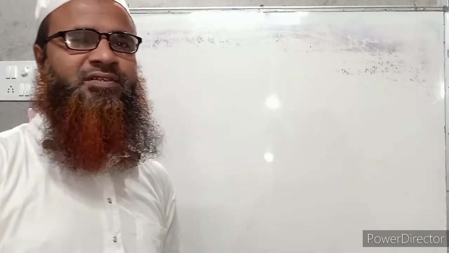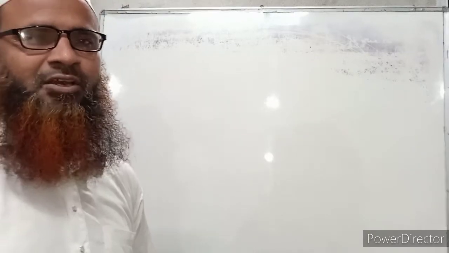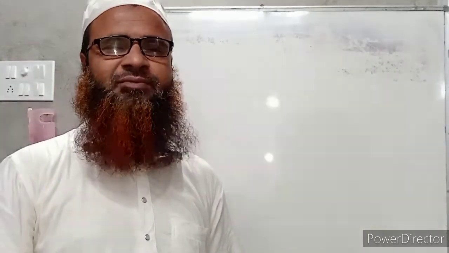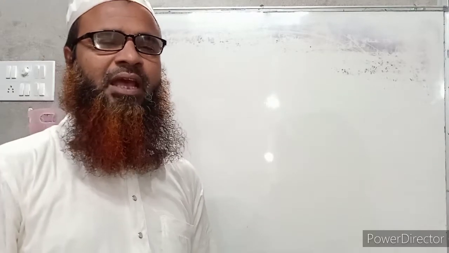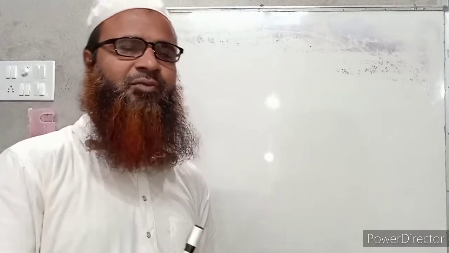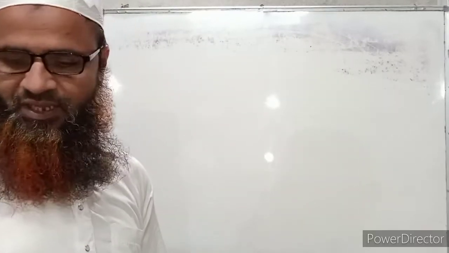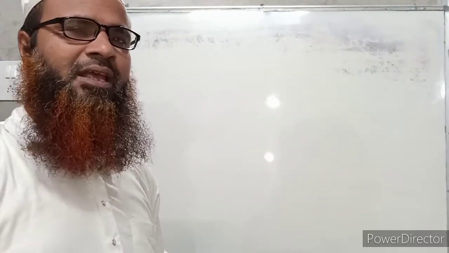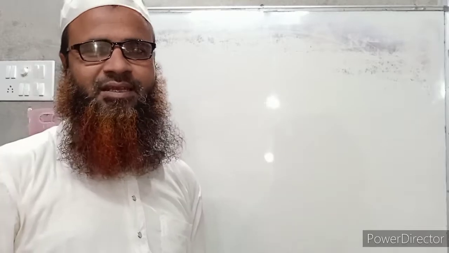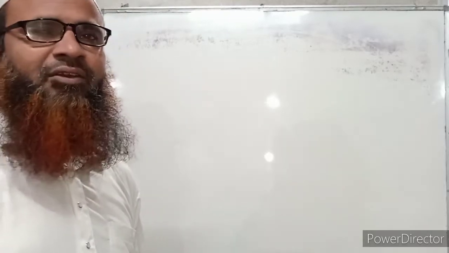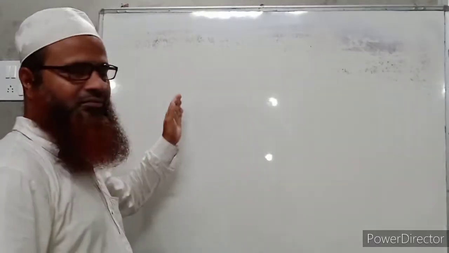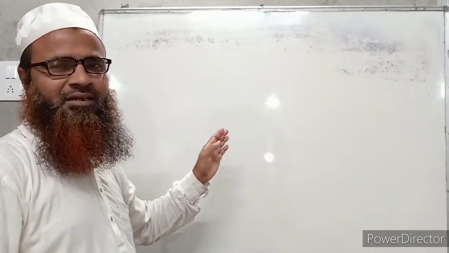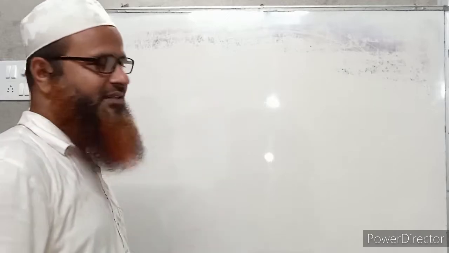There are three conditions in English grammar. One is possible, another is improbable, and another is impossible condition. So there are three conditions in English grammar, and how the tenses are used in these conditional sentences I will discuss today. So let me start how conditional sentences are written by using different tenses.